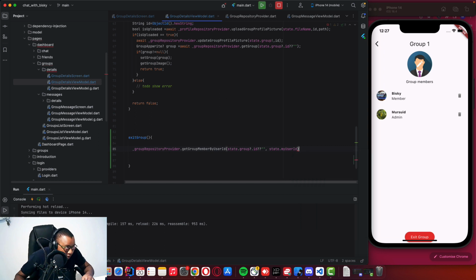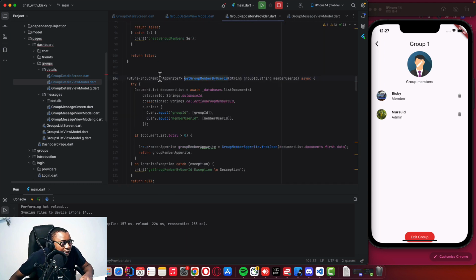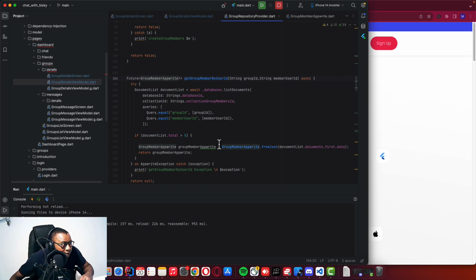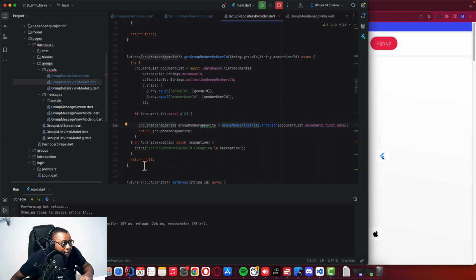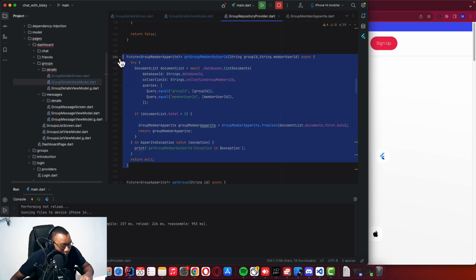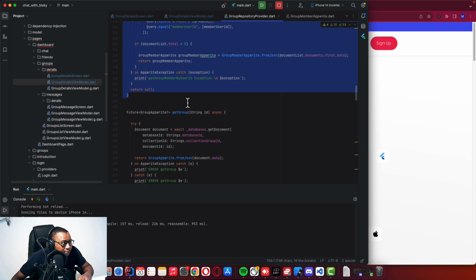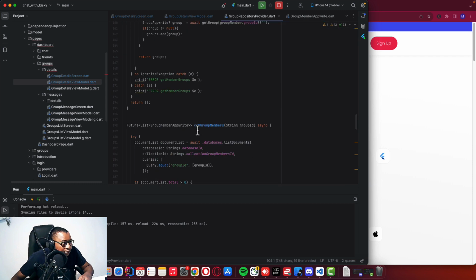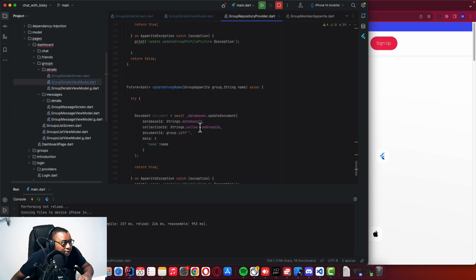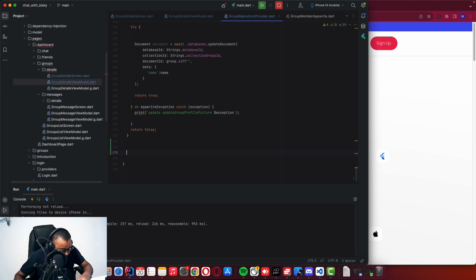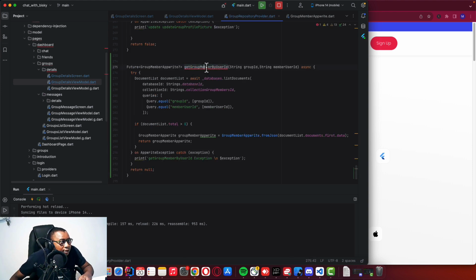And then I want to, let's say this one, make it async. Then I will say final member, and I'll put it await. So for this, let's see what is in here. This one, we must get an ID also. So for this logic, let me just copy, and I want to make it simple. This is for, let me add the logic for delete a user, that user. So I will just say delete